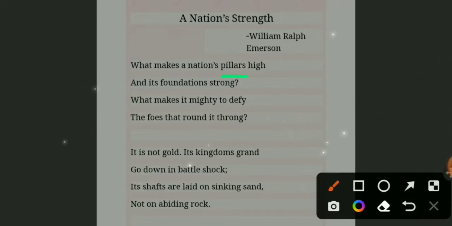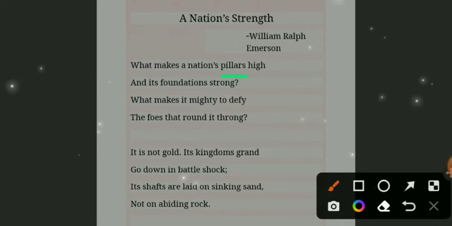What makes it mighty to defy? What makes it powerful to defend itself? कौन सी चीज इसको पावरफुल बनाती है डिफेंड करने में? The foes that round it throng. When all the enemies come and they surround any country, जब कोई भी मुल्क या कोई भी लोग इस कंट्री को आके इसको सराउंड करती है, इसको घेरे में ले जाती है, तो कौन सी चीज़ उस कंट्री को उन एनिमीज से डिफेंड करवाती है? ये क्या चीज़ है? Now see, as I told you,